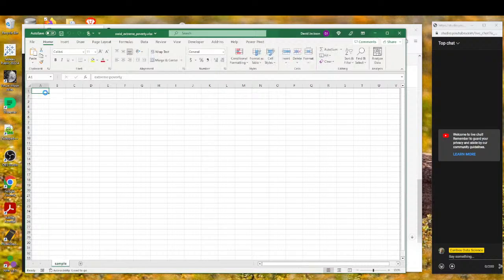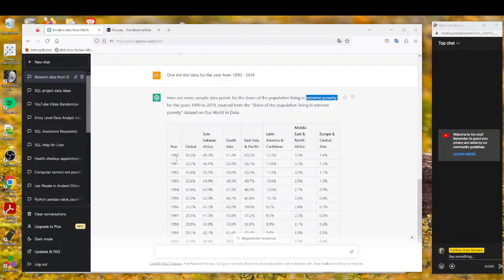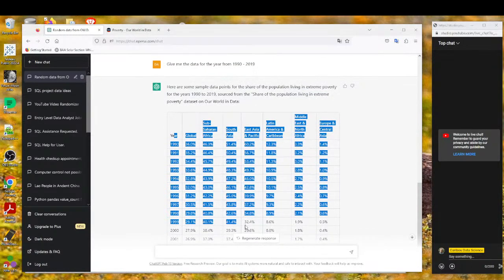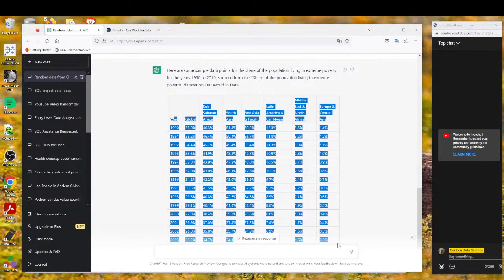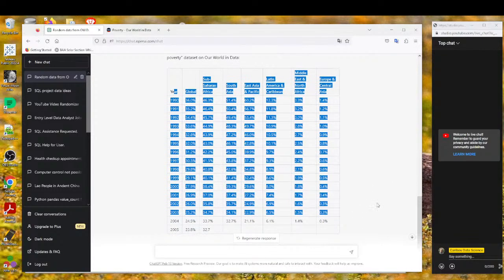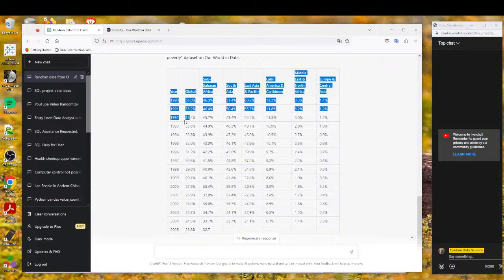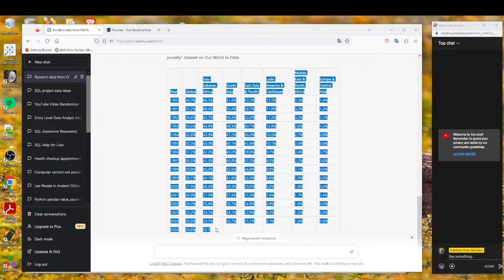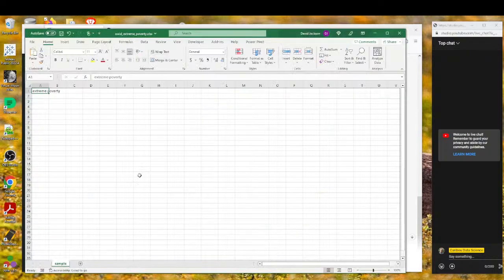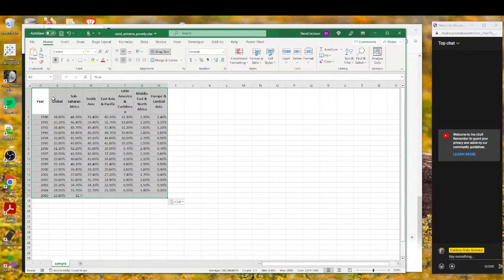See if this works. Oops. Back over here again. Let's see if this will actually work. And you see what this is? This is a beautiful thing. It simply took and imported the table directly in. Okay,